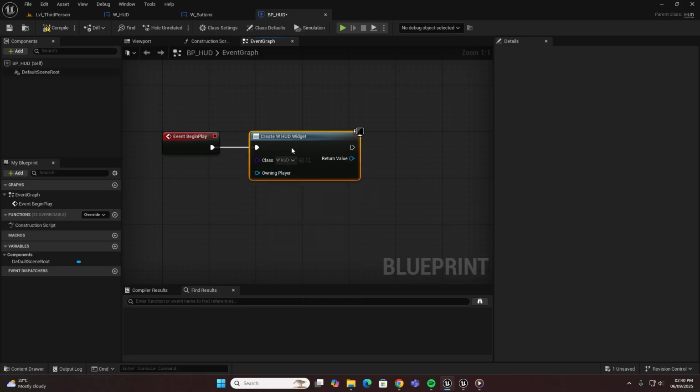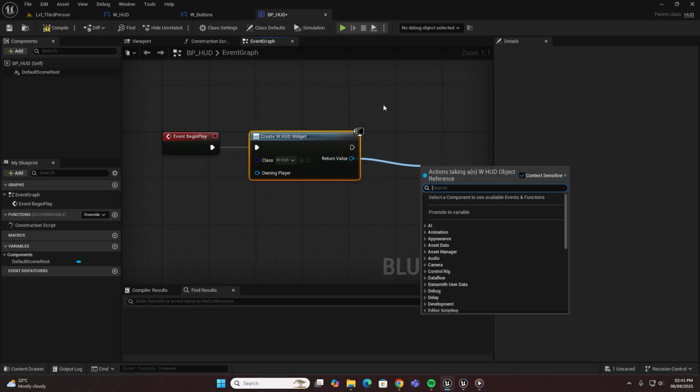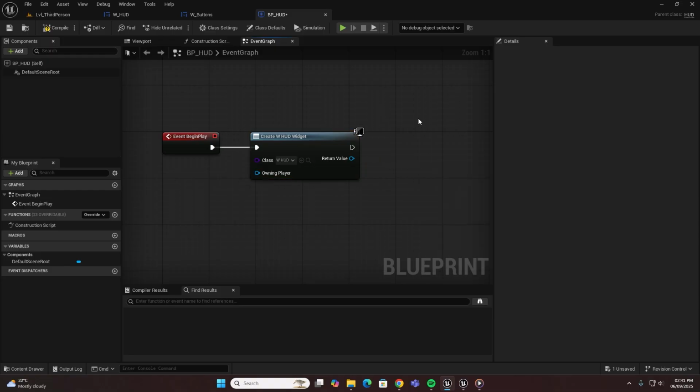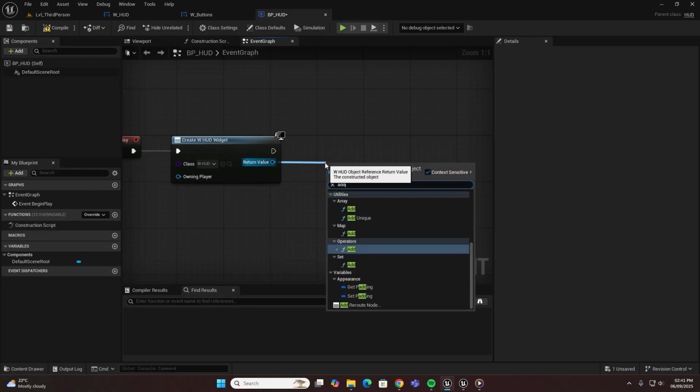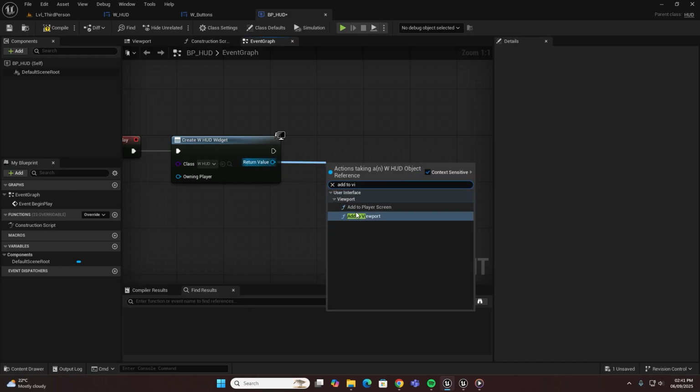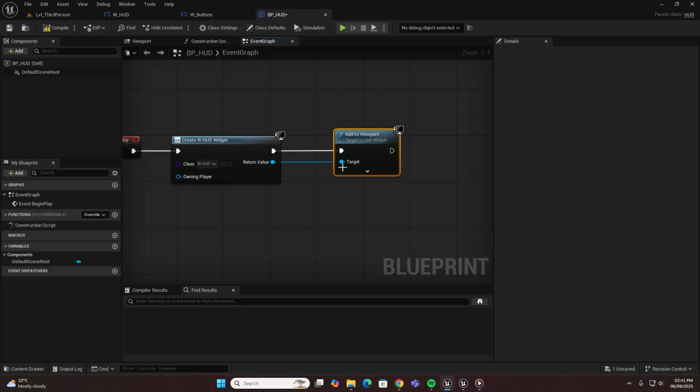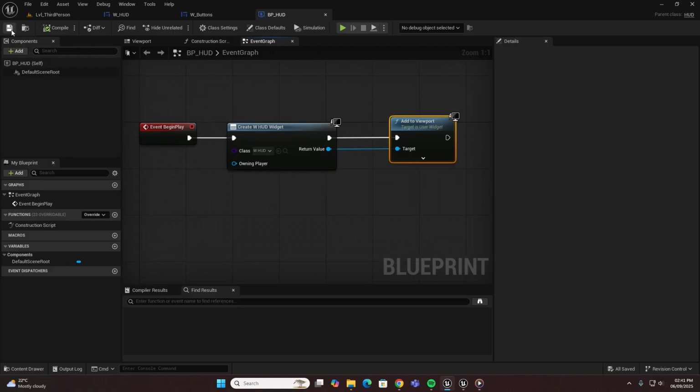and you can promote this to a variable here if you need it for anything else, but for the purpose of this, it's just going to be a HUD that exists for the entirety of the game. So we don't need to spawn it or toggle the visibility or anything. But if you pull from here and search for add to viewport,